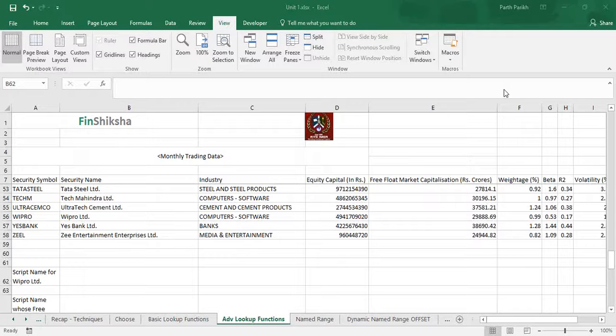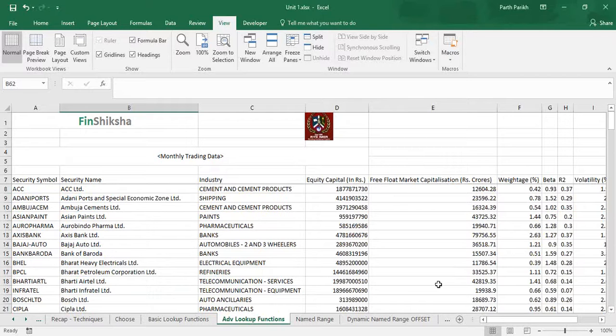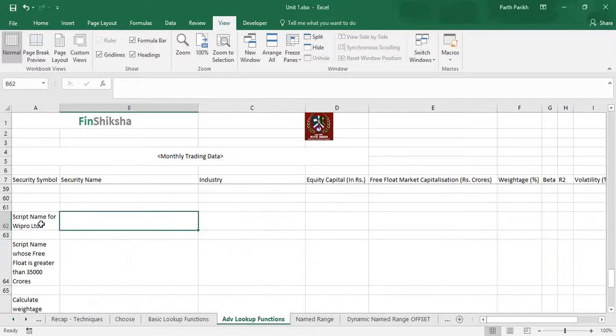Over here, the same data set has been given to us. We are going to look at some of the lookup functions which are simpler than VLOOKUP and more effective than VLOOKUP as well. The same data has been given to us, and we have been asked to answer certain questions, which are: